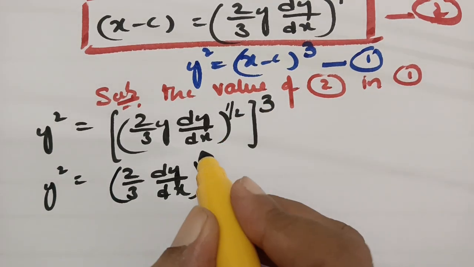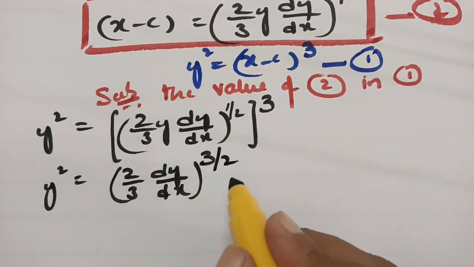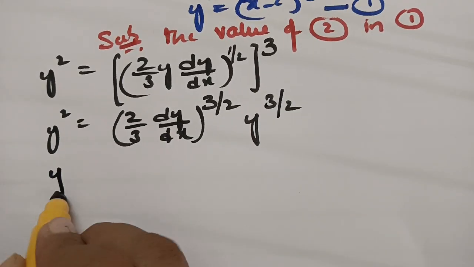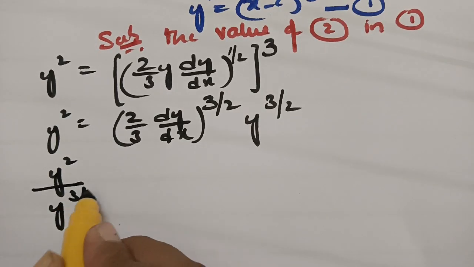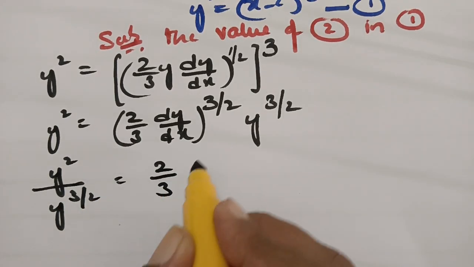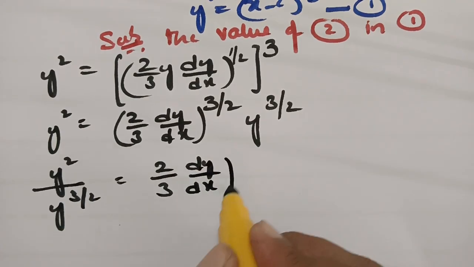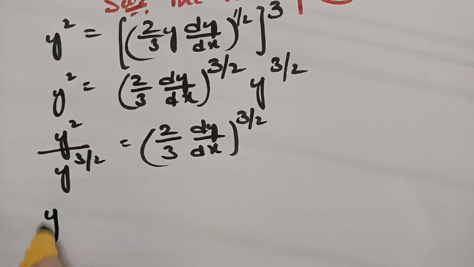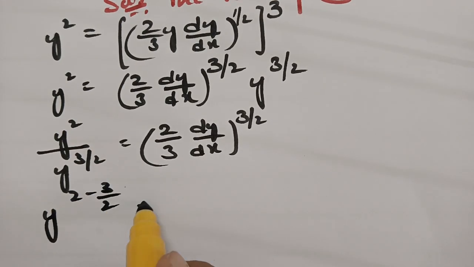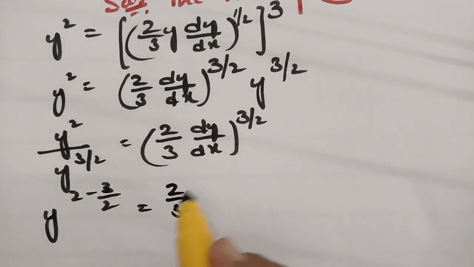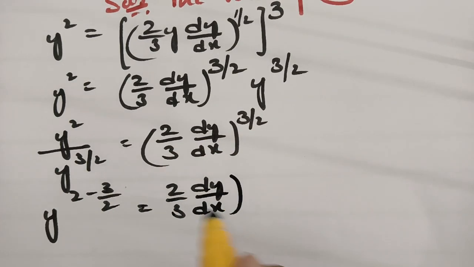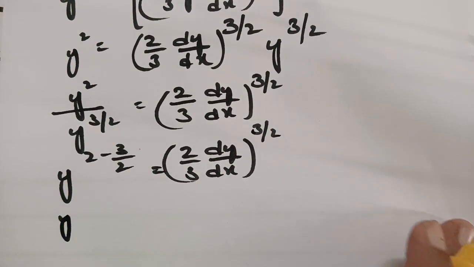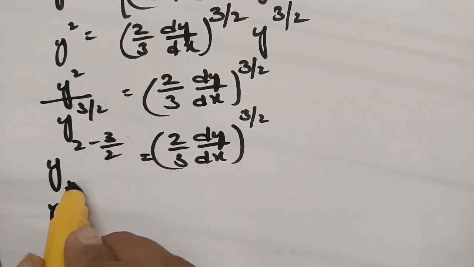So here if I multiply, this will be 3 by 2, and here if I bring y outside, this will be 3 by 2. Clear? So if I send y square to the other side, this is y square by y power 3 by 2, which is equal to (2/3) into (dy/dx) whole power 3 by 2. So if I send this 3 by 2 to the numerator, this will be 2 minus 3 by 2, if I make an LCM with this,